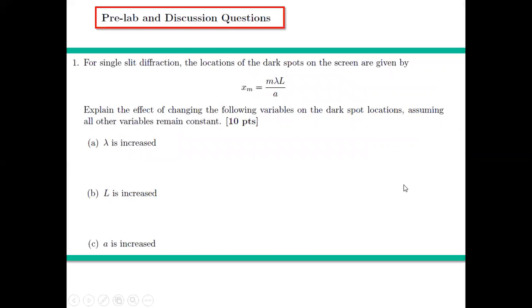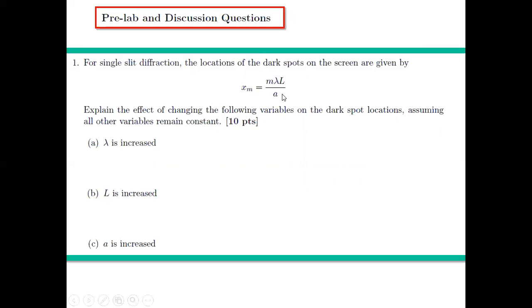All right, so let's look at the pre-lab and discussion questions. The first pre-lab question is kind of theoretical, and you're going to analyze the given equation just to get an idea about the equation. So xm is equal to m lambda L over A. That's the equation for single slit diffraction for the location of the dark spots on the screen. So using this equation, they're asking you to analyze what happens to the xm value